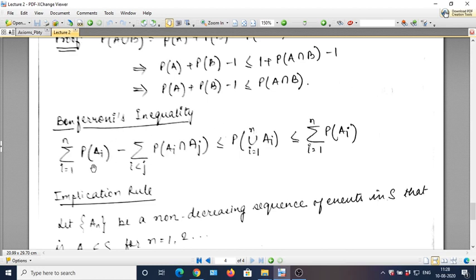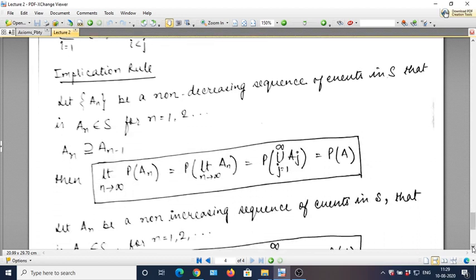This is S1, that is, taking the individual probabilities, and this is S2, the probability measures of the pairwise intersections. So S1 minus S2. We can go on further also, so that this quantity will be less than or equal to S1 minus S2 plus S3, and this quantity will be greater than S1 minus S2 plus S3 minus S4, and so on. We will generalize this law later. Then